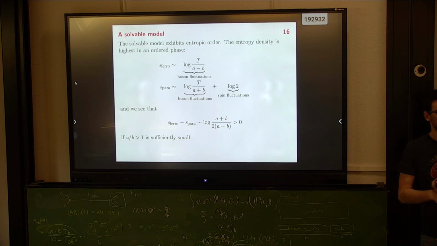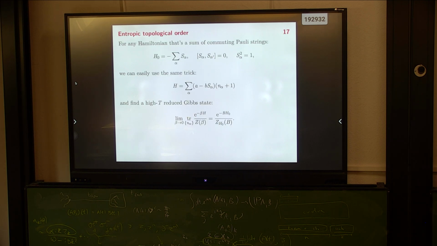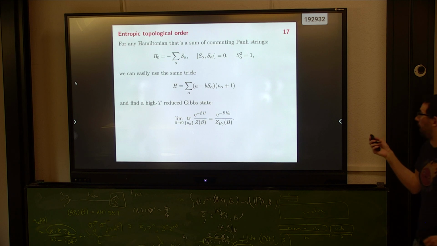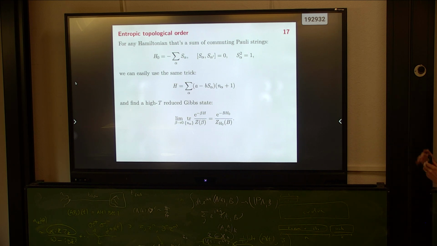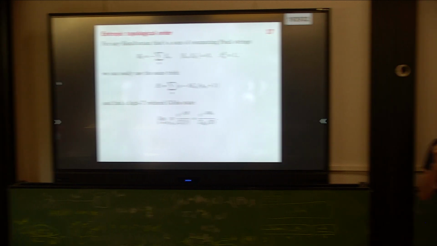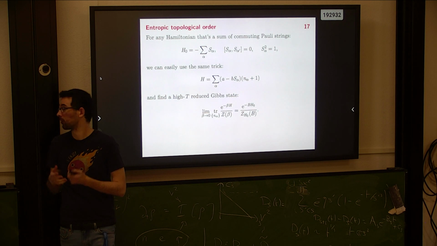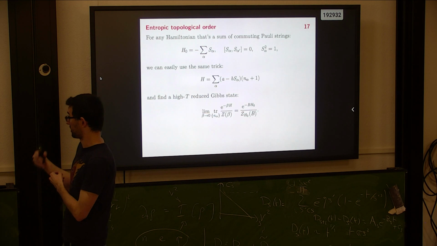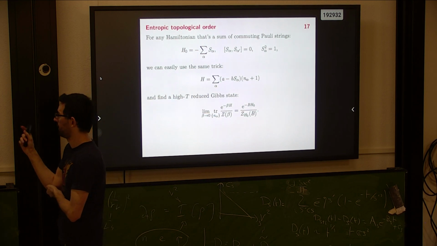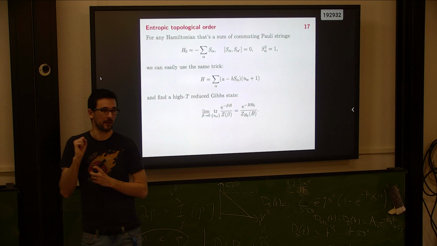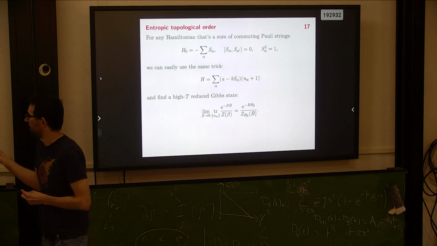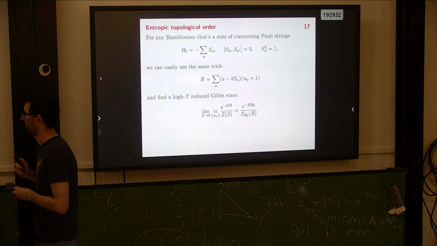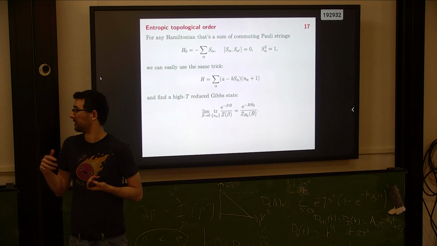Many of them feel a bit gimmicky, but nevertheless, they serve as very clear counterexamples to theorems and expectations in the literature. For example, we can take a quantum Hamiltonian now on qubits that's a sum of commuting Pauli strings. This is often called a CSS code in the literature, or you could think of a surface code or a toric code. And because we have a Hamiltonian which is a sum of commuting terms, we can play the exact same trick. For each term in the Hamiltonian, we add one of these bosons. Okay? And at high temperature, we can calculate the reduced Gibbs state for the qubits, and it maps exactly to